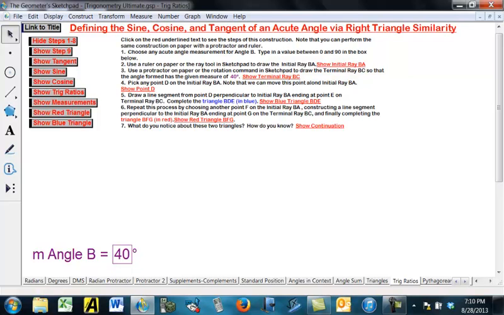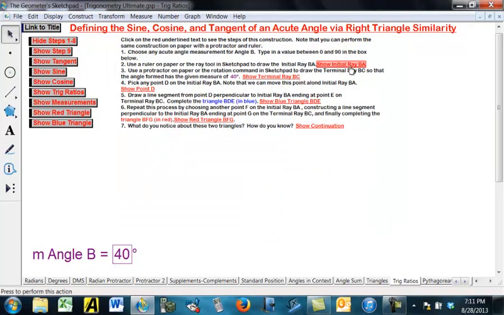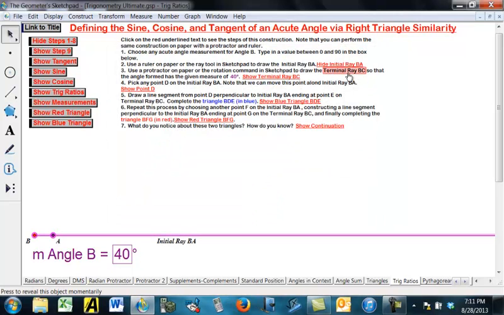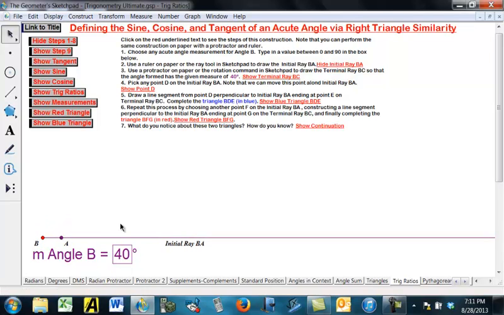So this is going to actually do the same construction using Sketchpad. What we're going to start with is we're given some angle, and you can change this angle here, say to 30 degrees or whatever. Just like the project that we had in class, I like to start with a 40-degree angle. So we start by just drawing a ray. And this ray is going to be called ray BA. B is going to be the vertex of our angle, and we're going to rotate around 40